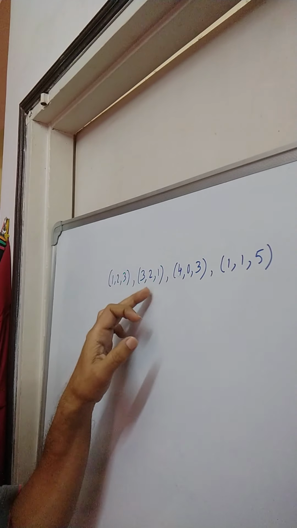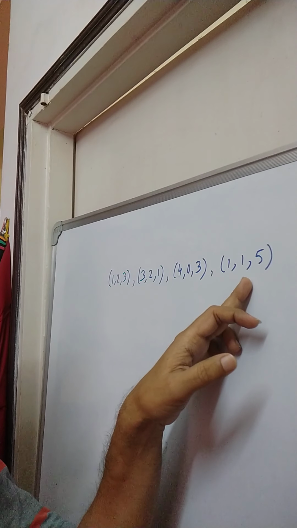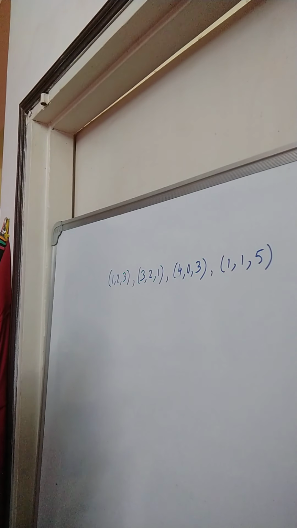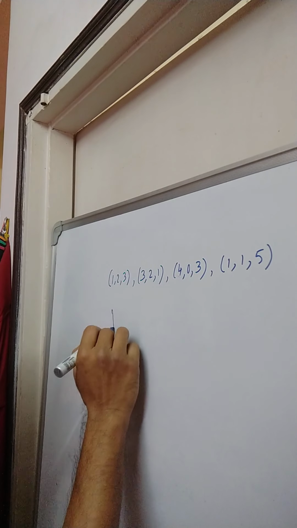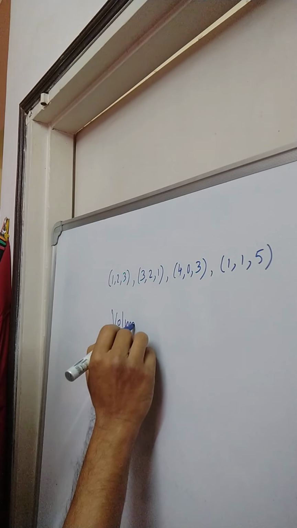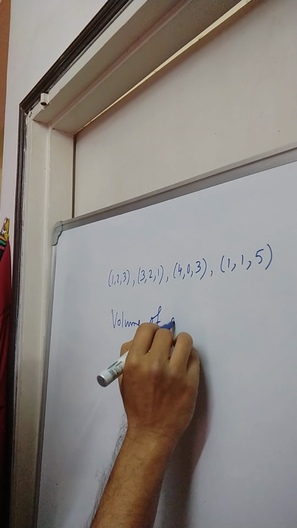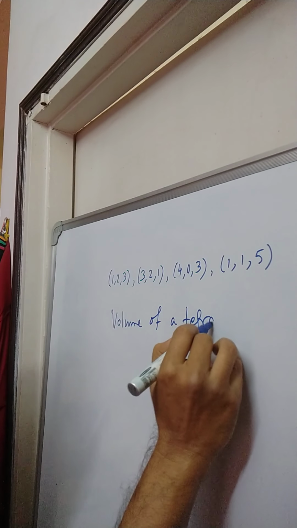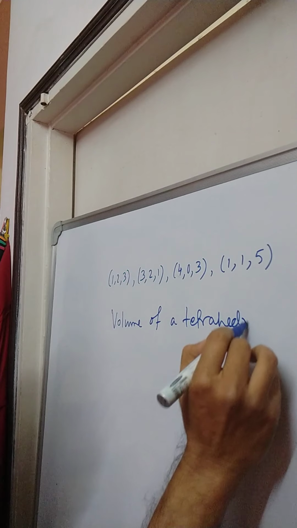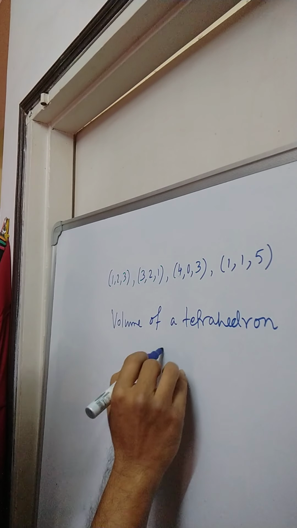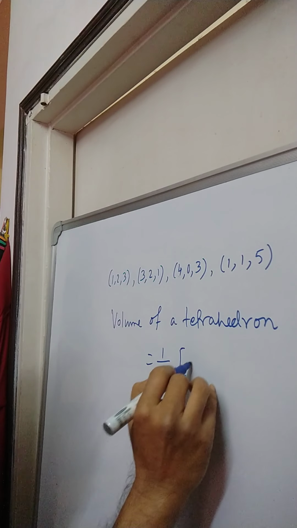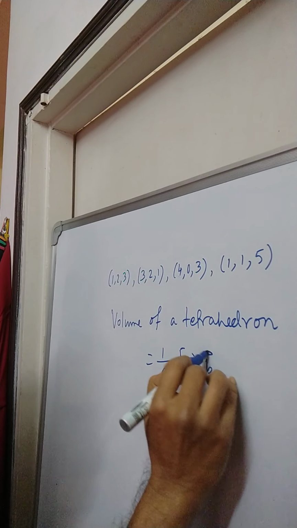We have 4 points forming a tetrahedron. The volume of a tetrahedron is equal to 1/6 box of ABC,